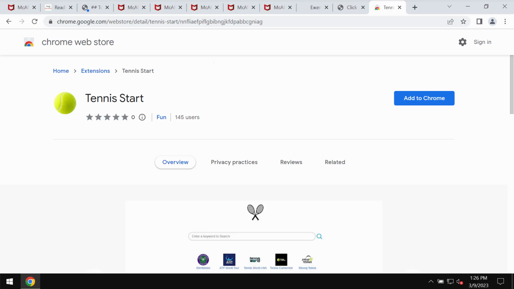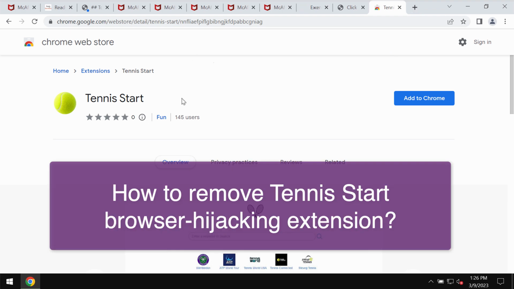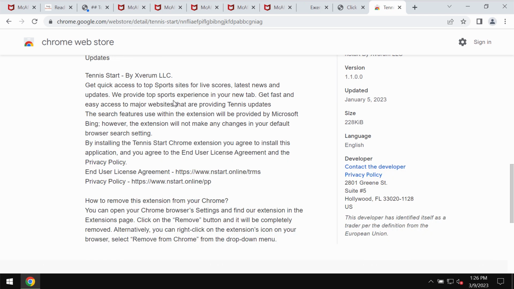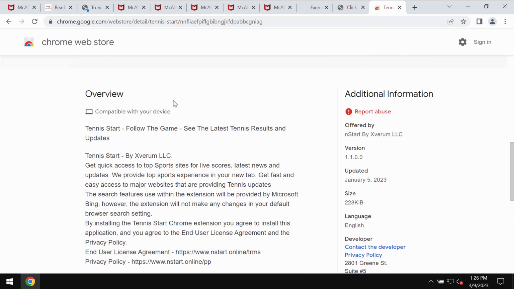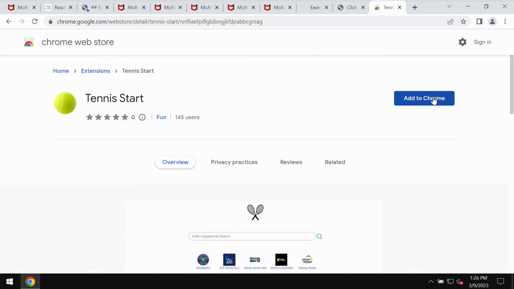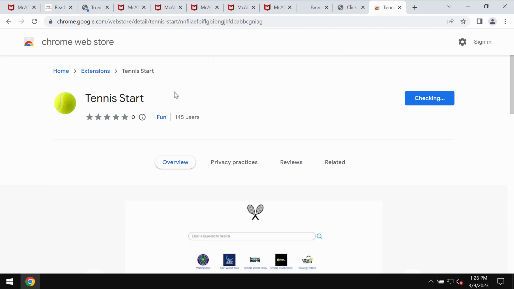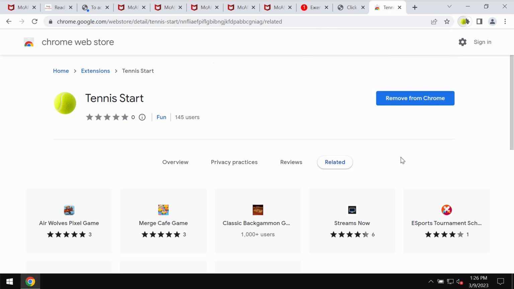This video guide will provide you with instructions that will help you to get rid of the unwanted browser extension that is called Tennis Start. Tennis Start is a special extension designed specifically for the Google Chrome browser. Actually, Tennis Start is a browser hijacker and a new tab